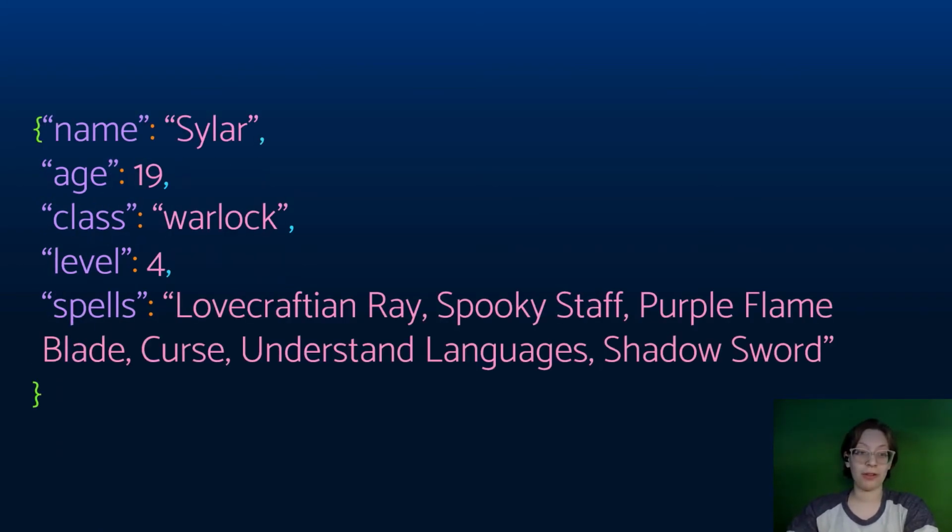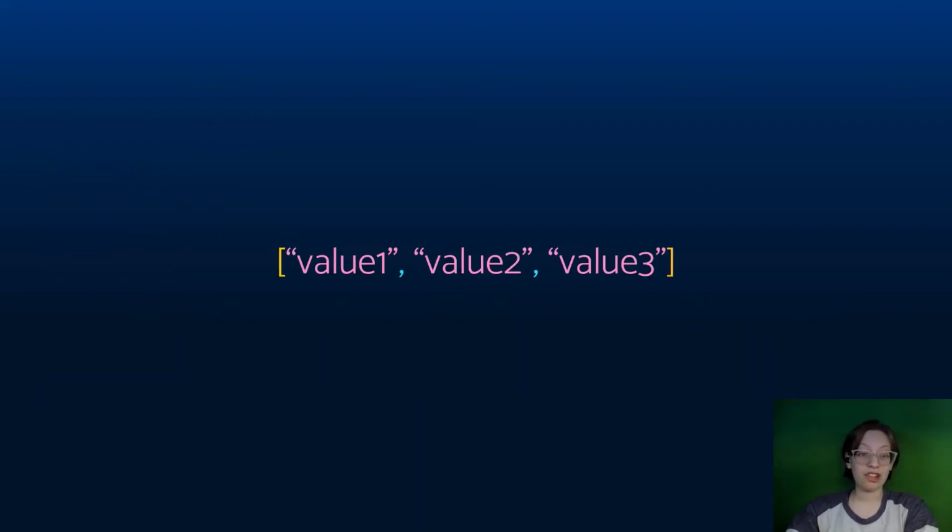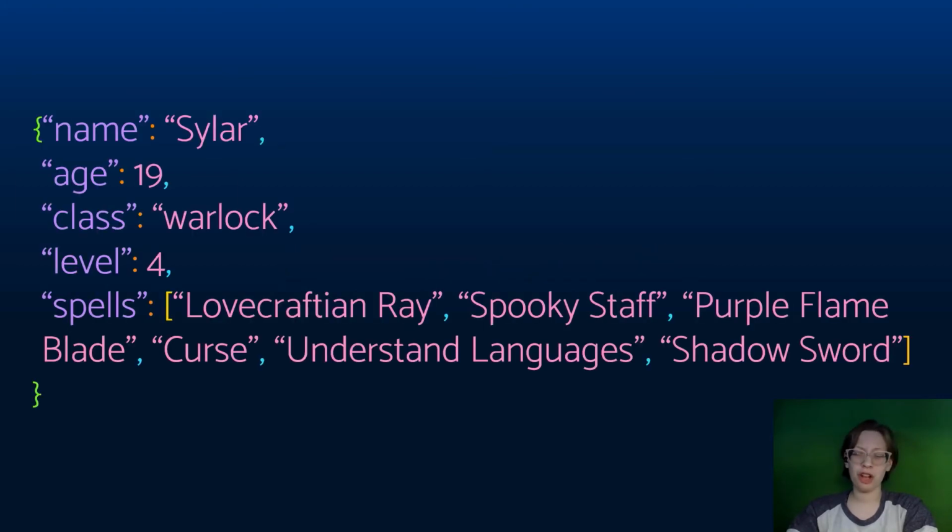We could just pair the key spells with a list in quotes, like one long string, but this isn't the most effective way to be able to read this data later. Instead, let's make an array of spells to assign to the key. In JSON format, arrays are surrounded by straight brackets, and values in that array are separated by commas. So, for Sylar's non-copyright infringing spell list, we'll have Lovecraftian Ray, Spooky Staff, Purple Flameblade, Curse, Understand Languages, and Shadow